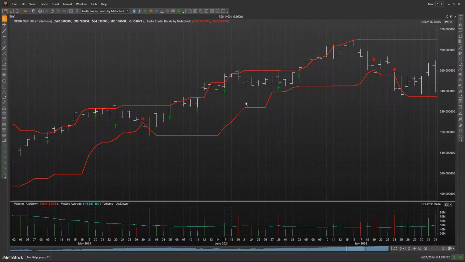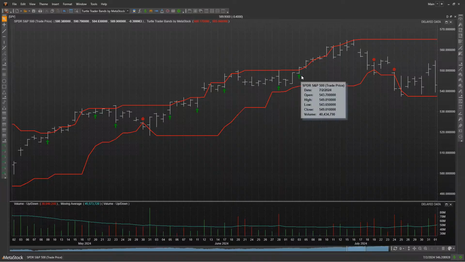And the way that this works is that if you get a buy signal with the prices breaking above that upper band, and then the bars trade below the upper band and then trade back up through it again, that's going to trigger another buy signal. So you could look at that as a possible late entry into the trade. You could look at it as a possible way to manage your trade or your position size. So a lot of different ways to think about that.